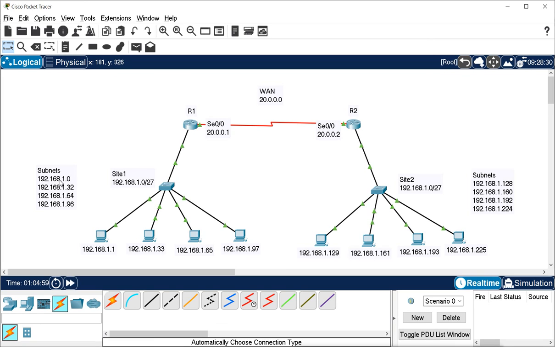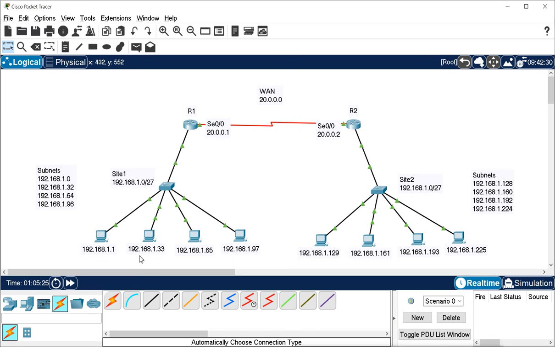In site 1 we have 4 networks, with network addresses 192.168.1.0, 1.32, 1.64, 1.96, and the subnet mask is /27, that is 255.255.255.224. 4 subnets I used in site 1, and 4 subnets on site 2.